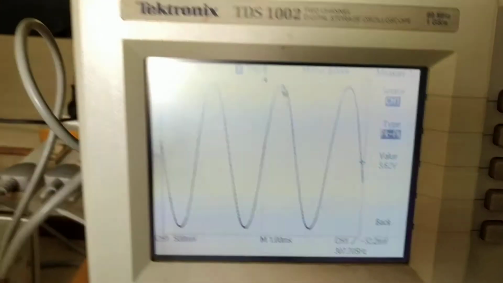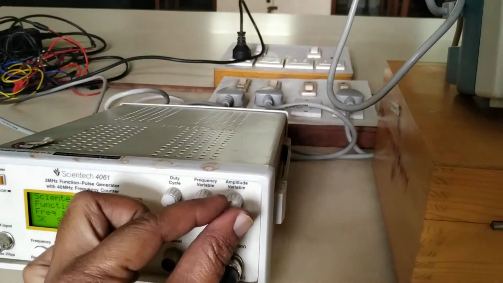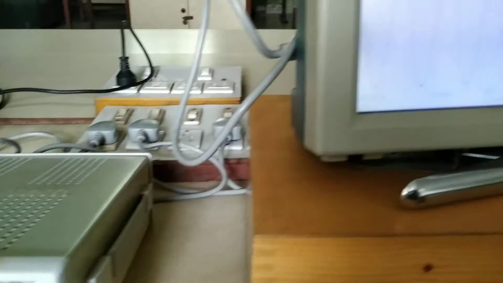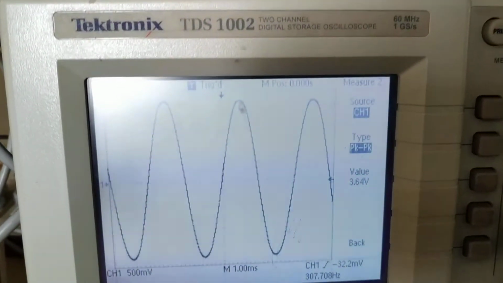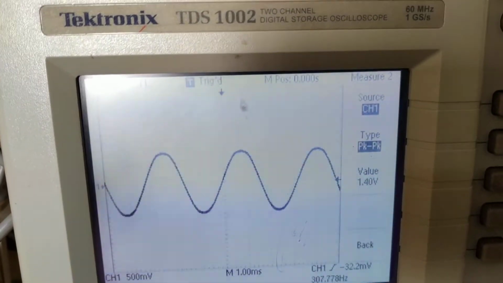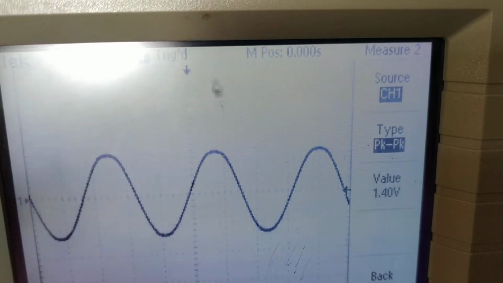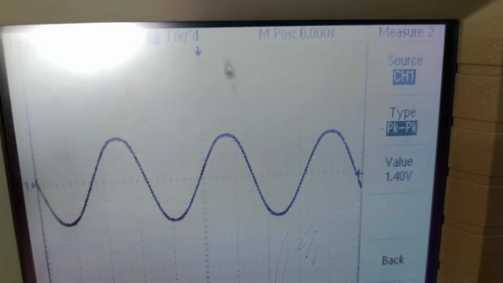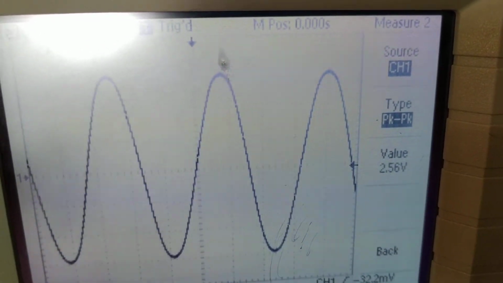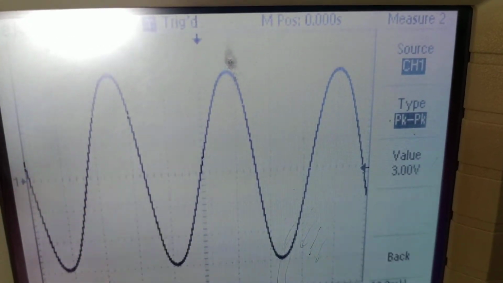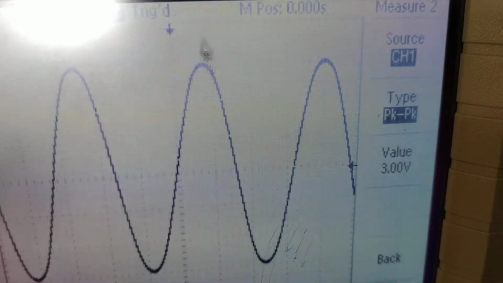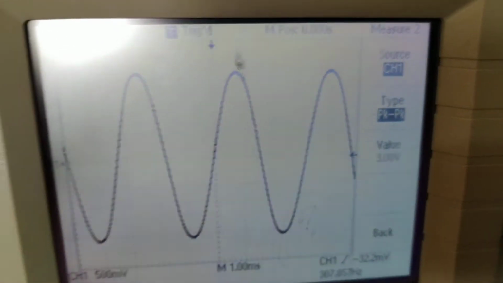Now I will change the amplitude button, the amplitude of the signal that is given. So see here, I am changing the amplitude. I am decreasing the amplitude, so here it will be decreased. Automatically the value is also decreased, so it is coming as 1.4 volt. Here I am increasing, so you are getting the amplitude increased to 2.83, whatever, about 3 volt. Okay, that will be the peak to peak.